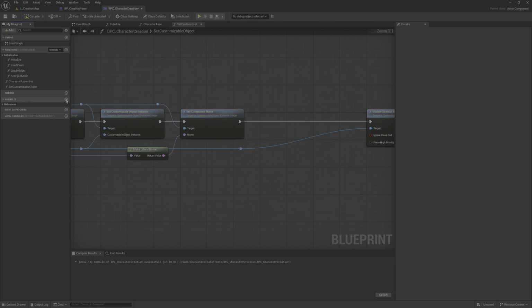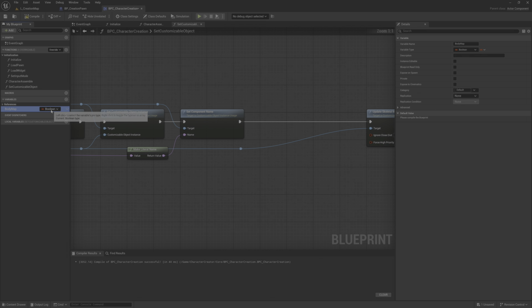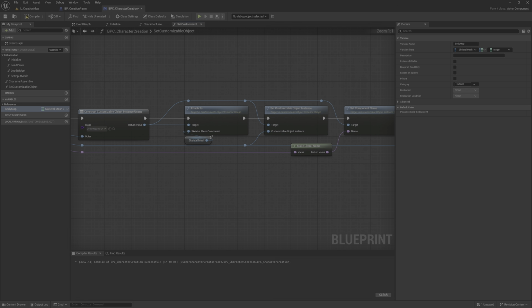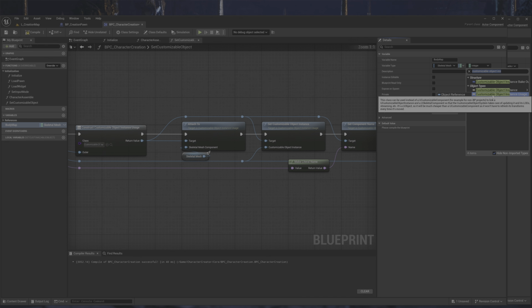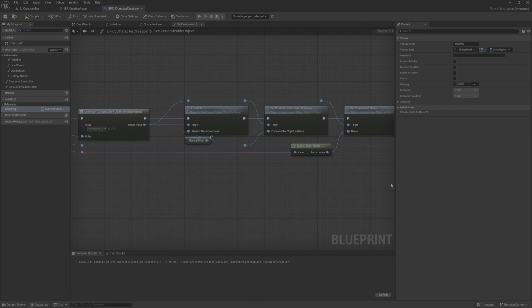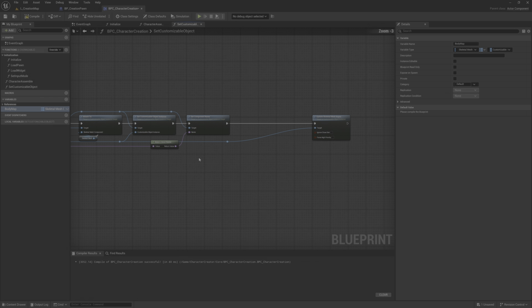So here variables, create a new variable called body map and search for skeletal mesh component there, this one, object reference, and it will be a map and the values the thing customizable object instance usage, customizable object instance usage, the second one, object reference, basically the same as this one.